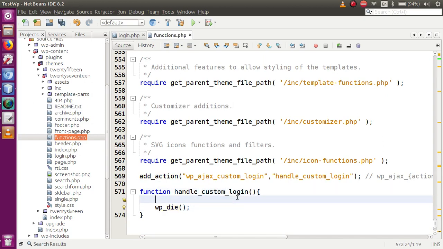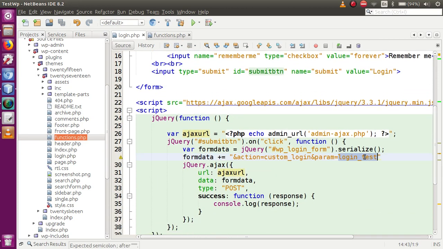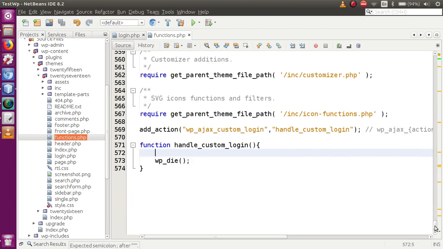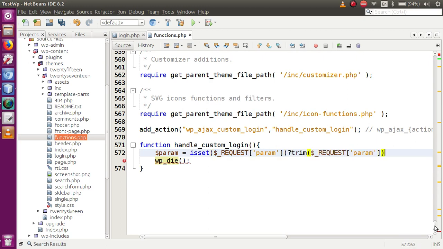So just get rid of all these things, and let's make a copy of this login test. If it just accepts this parameter, let's say param equal to isset, by the help of this request param. So just make a copy of that, and let's say trim. This is the param that we are accepting. So if this param has the value called login test,